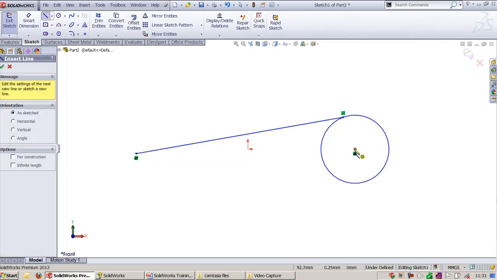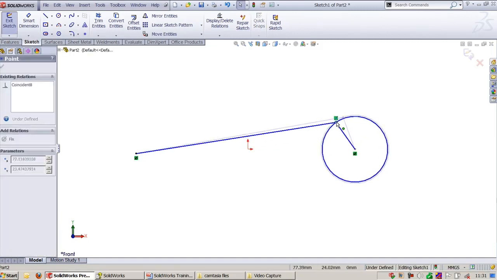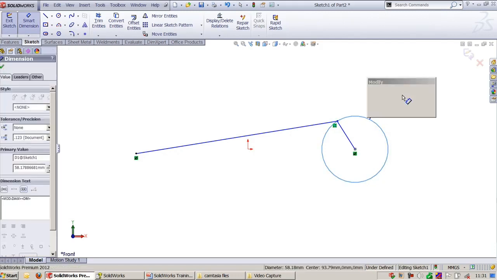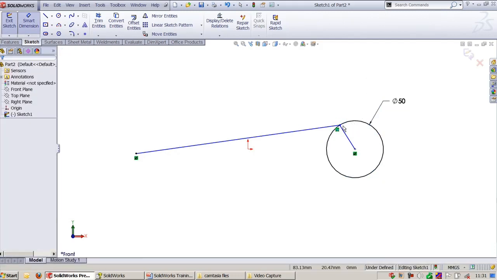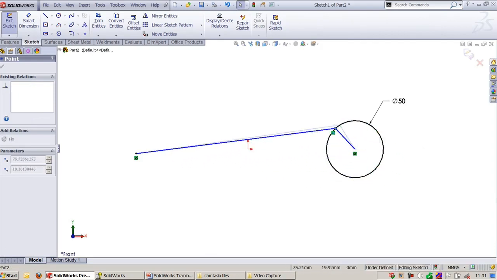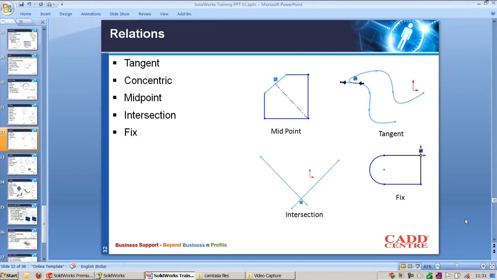Now I will make one more line segment here, and you can see the circle diameter changes. I can go and say this has to be 50 mm diameter, and now I'll drag this. Now you can see here how this fixed constraint works. This is how you can use different relations in SolidWorks. Now this ends with this slide. The next slide,